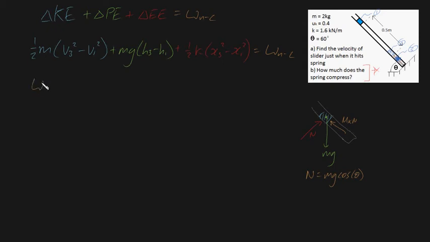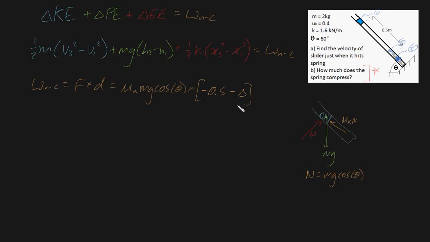Now remember, your work done by non-conservative forces is equal to the force you're applying to your block times the distance moved in the direction of your force, which is equal to, in this case, mu k times N, which is mg cosine theta, times the distance moved in the direction of your force, which is negative 0.5. Is that it? Not quite, minus delta, where delta is the compression of your spring. Basically, your block moves from state 1 to state 3 a distance 0.5, plus that little extra bit of compression of your spring, delta. That's a really important point to remember,